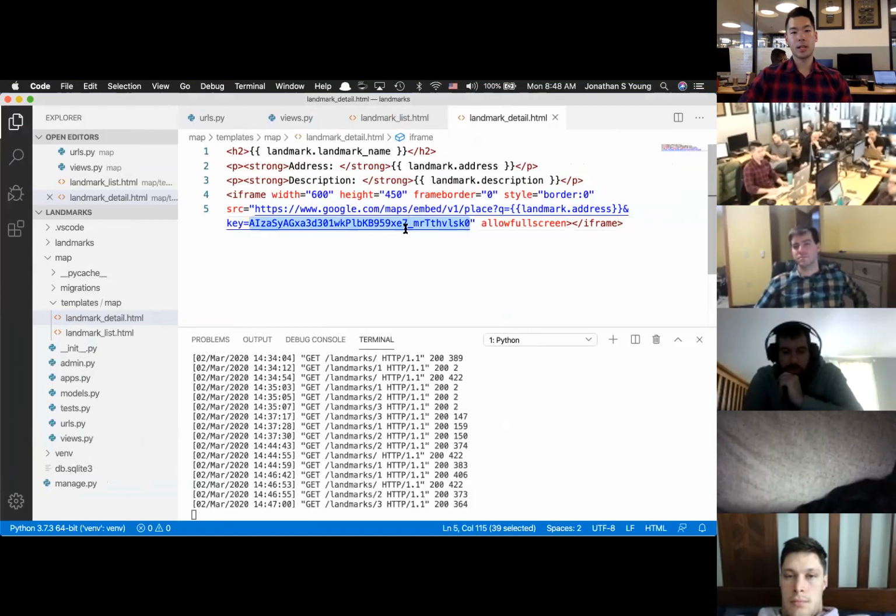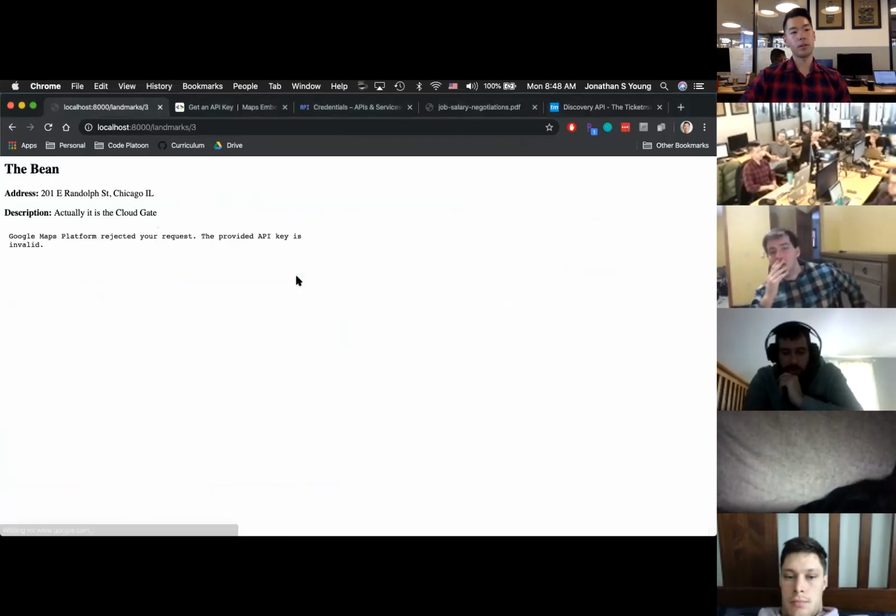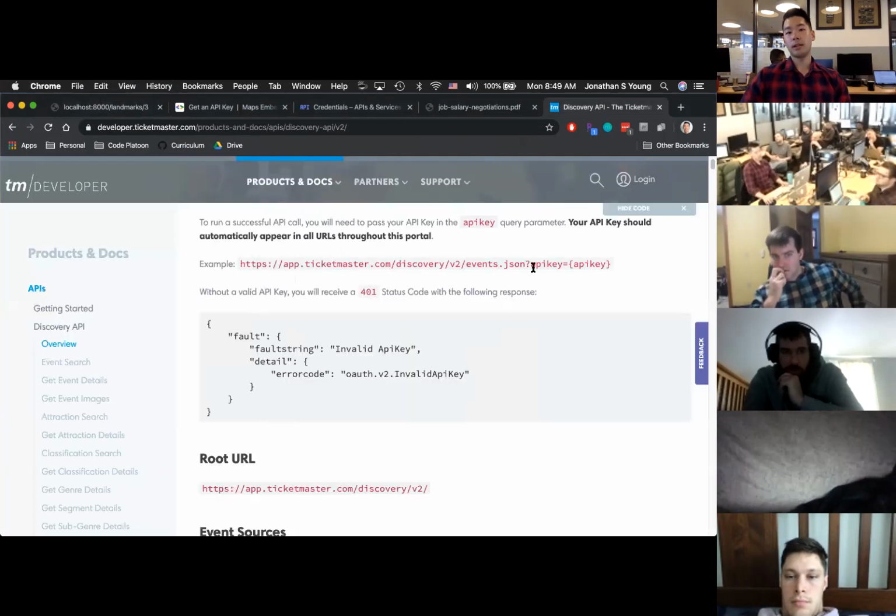Same thing over here, google.com/maps. If I change this key to something that's not a real key, what you'll notice is if I go back to my landmarks here on tab 1 and refresh, it blows up and says it rejected your request because the API key is not a legitimate one. It doesn't really exist. So you'll be getting an API key from Ticketmaster,